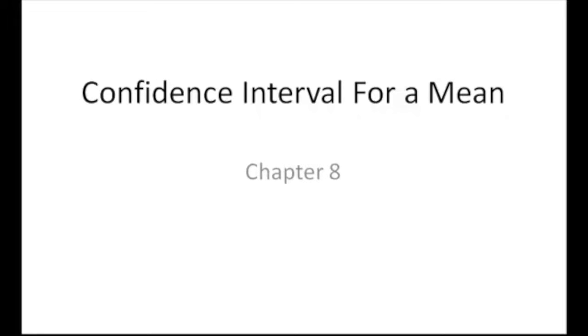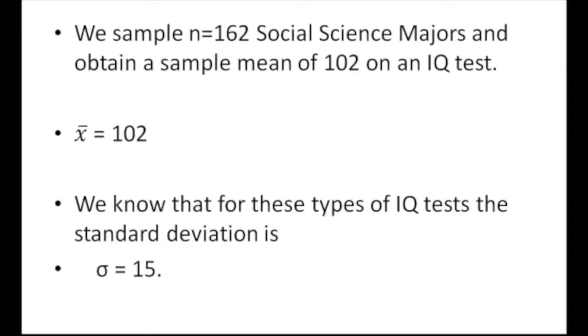This video discusses confidence intervals for the mean, covered in Chapter 8. We start with an example. We sample n equal to 162 social science majors and obtain a sample mean of 102 on an IQ test. X bar is 102. We know that for these types of IQ tests, the standard deviation is sigma equal to